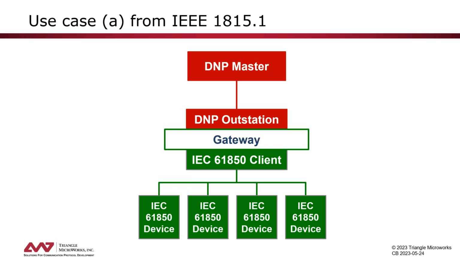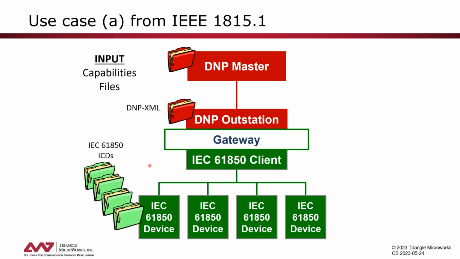So from a configuration perspective, we have on one side the ICD files from the devices that we have to integrate into the IEC 61850 system, but we also have the DNP XML device profile files, which in the early stage describe the capabilities of these links. So basically, what can the master, what can the outstation support with regards to DNP3? One example is typically the indication if they support double bit information or if they only support binary inputs, so single bit, because that has, as an example, an impact on how we would map the position of a breaker